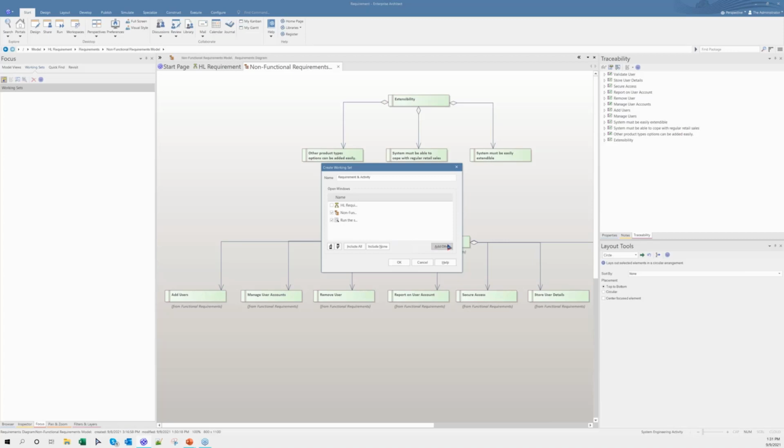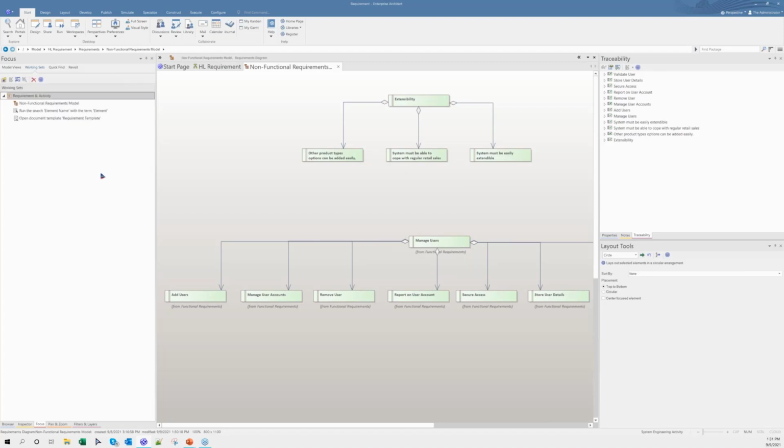Say okay, and then I can add my document templates as well. A requirement document template is selected. Okay. So I have opted for three different items. I'm sorry, a diagram, a search, and a document template. So now these are very flexibly accessible for me whenever I open EA next time, and this can be shared to the wider users, to the group users as well, by just right clicking on this item.